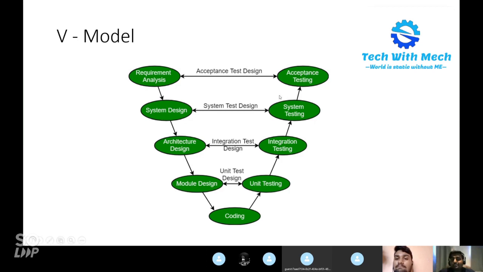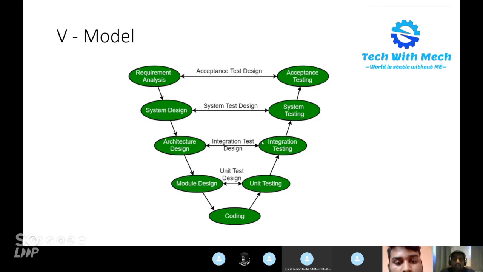Then the acceptance testing is a bit different. You have the whole system in hand, but it is based on your requirement. Acceptance testing is called validation, because it checks how the client was expecting your machine to work. There are also alpha and beta testings in acceptance testing. Alpha means when you do it in your own factory. Beta means when you do it in your client's factory, when you take those machines there and test them. That is called beta testing.